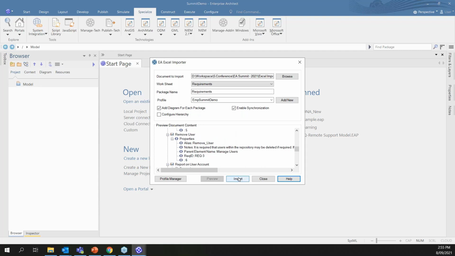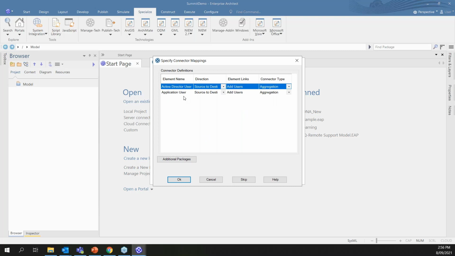Then, everything looks okay, and I'm just going to hit import. When I click import, for the connection segment, it will say there are two elements connecting to add users, and this is the connection type. Do you want okay? So you just hit okay,